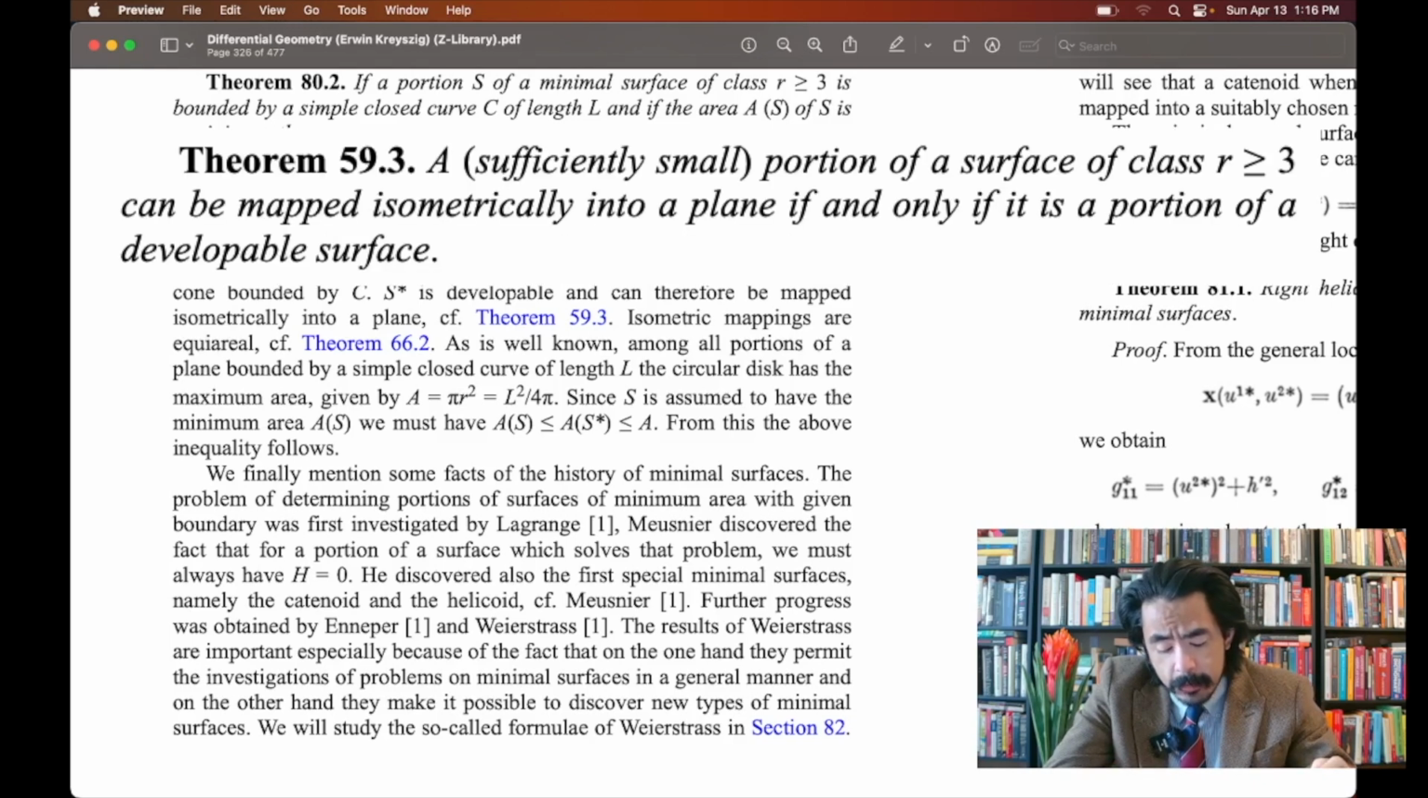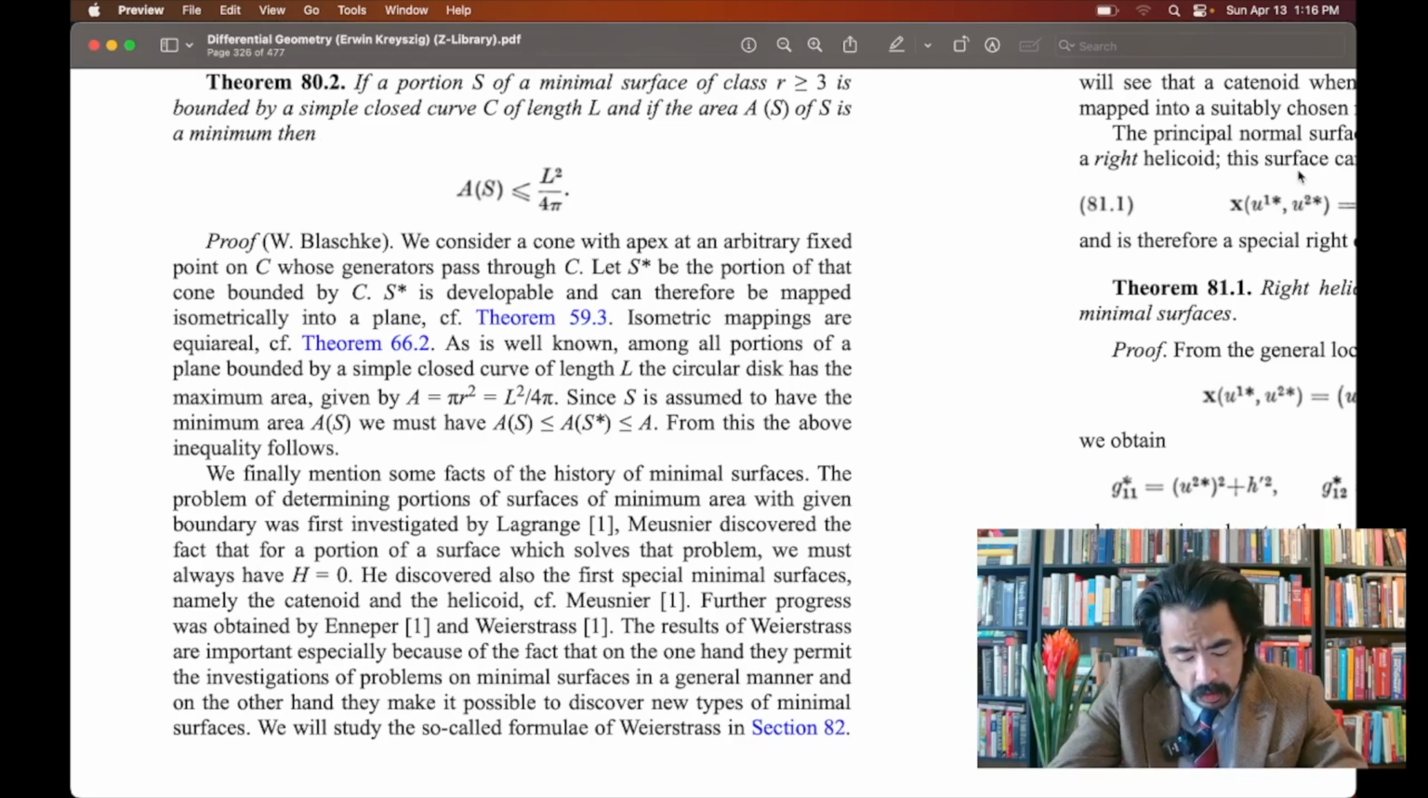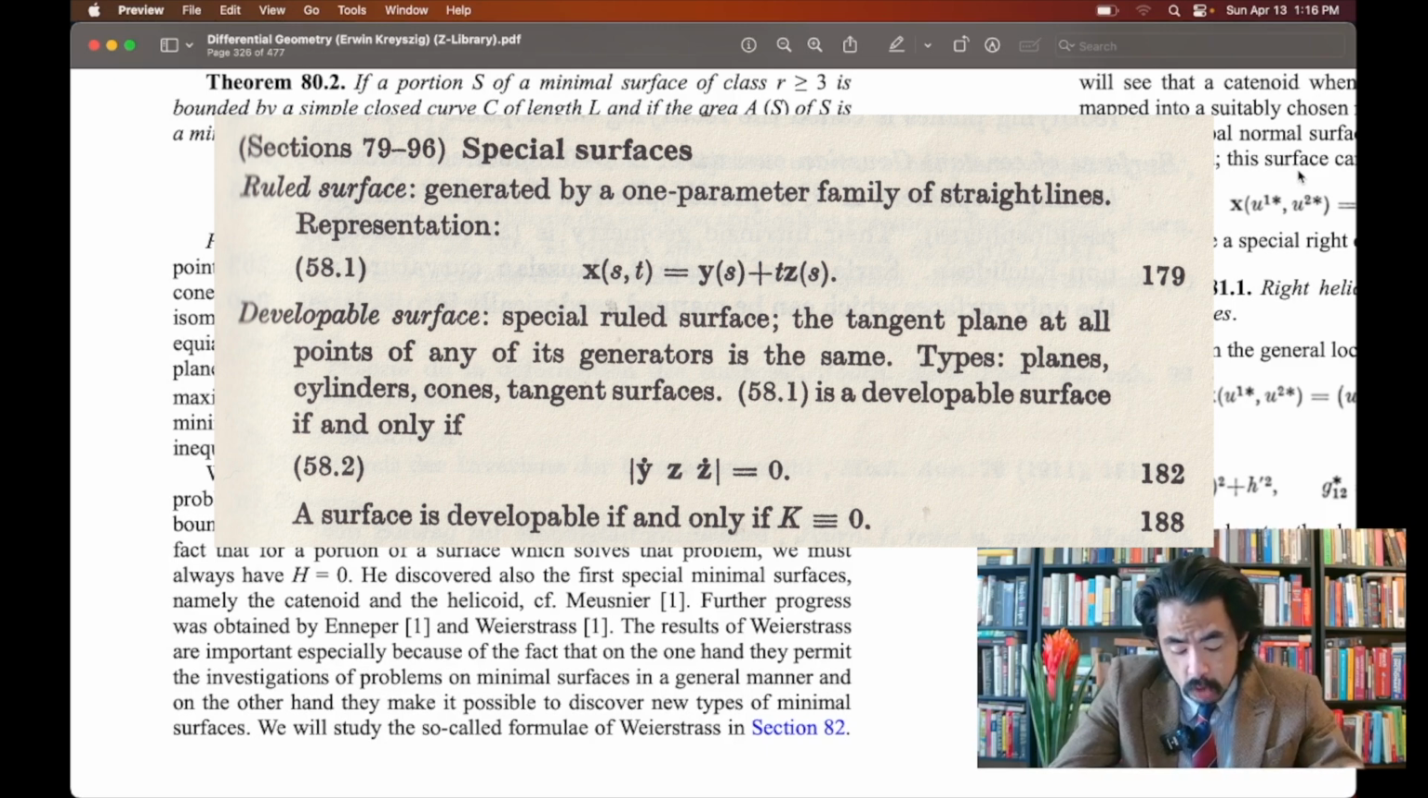refer to Theorem 59.3, which states that a sufficiently small portion of a surface of class R greater than or equal to 3 can be mapped isometrically into a plane if and only if it is a portion of a developable surface. And as a reminder, a ruled surface first is generated by a one-parameter family of straight lines, namely vector x in terms of s and t, where s is arc length and t is a floating parameter, scalar. This is equal to vector y in terms of s plus parameter t